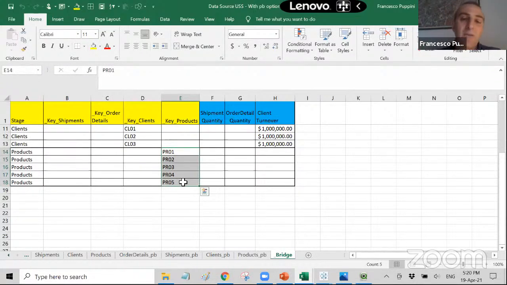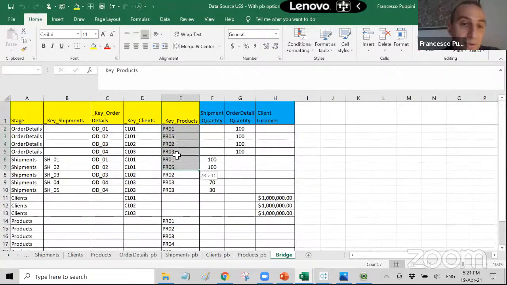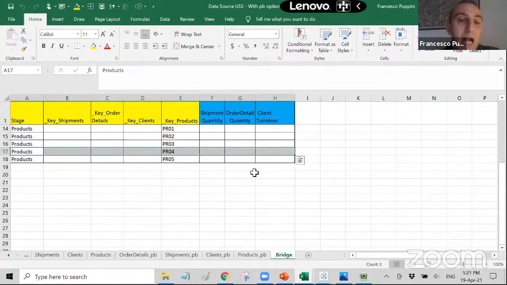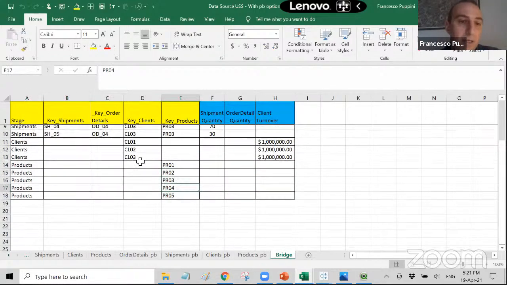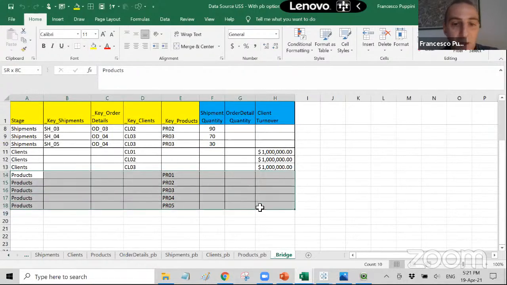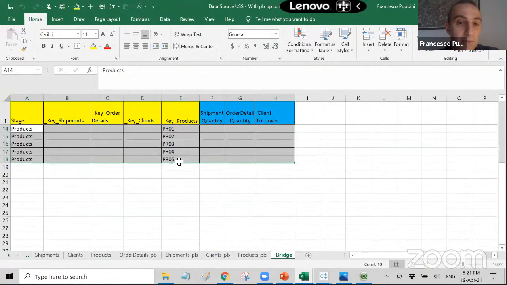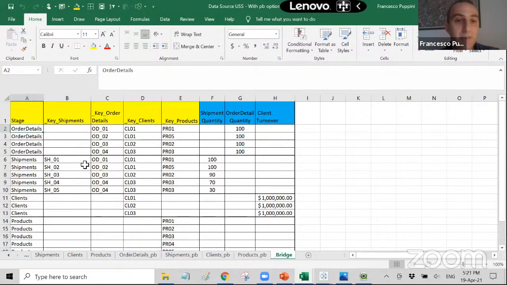So even if in your query you're creating left joins against the Puppini bridge, in reality, because there is a union, so the tables are piled up, then product number 4 appears as it would in a full outer join, except that this is a left join. This is happening because we have created a stage also for products. And so on. Yeah, this is the Puppini bridge for this exercise.